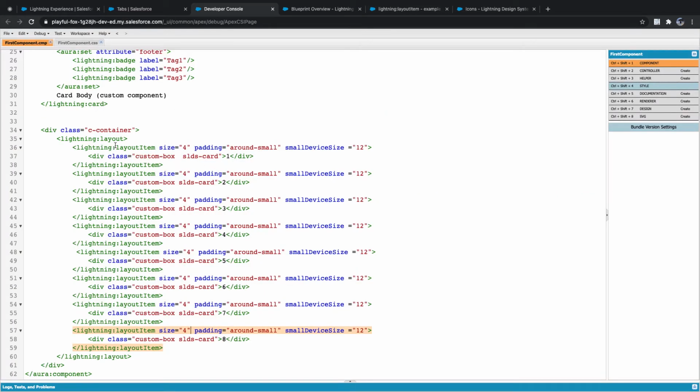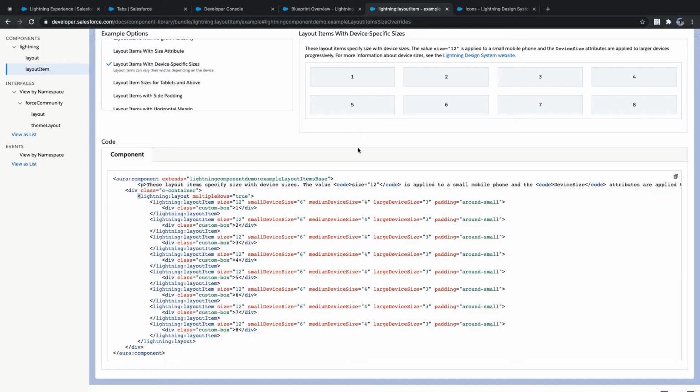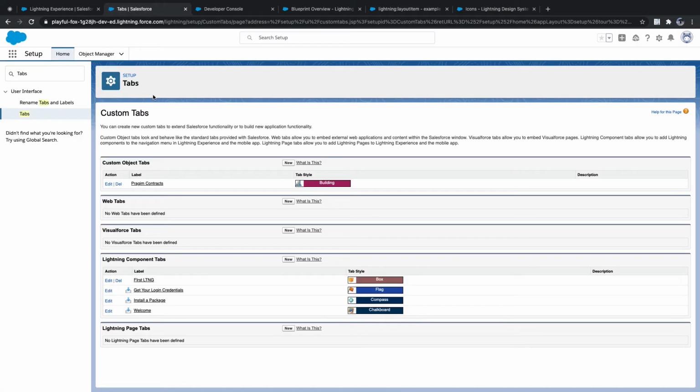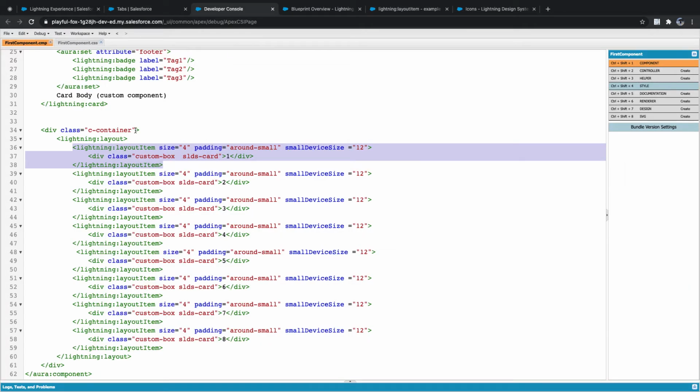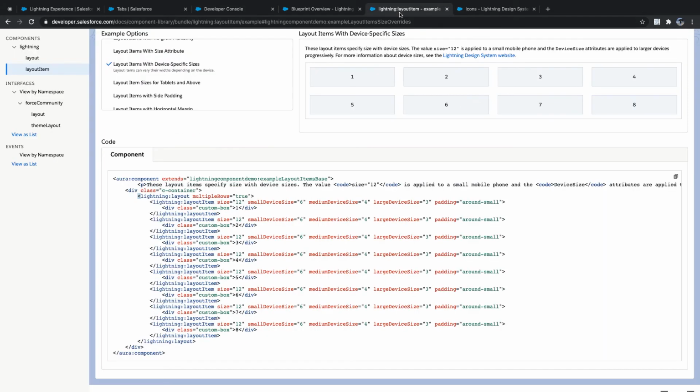This is layout item. Each layout item is a separate div. Small devices, multiple rows equal to, okay. I mentioned a key called multiple rows equal to true. I missed this keyword. What's the keyword that I missed?